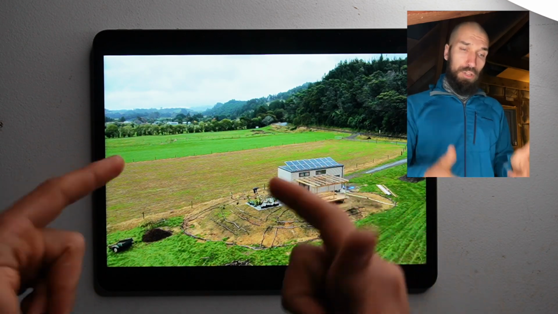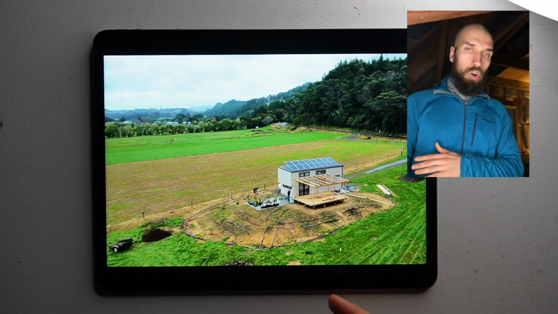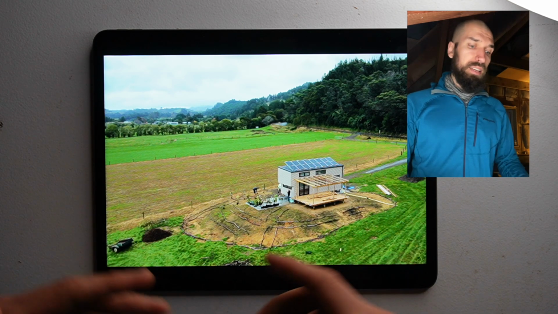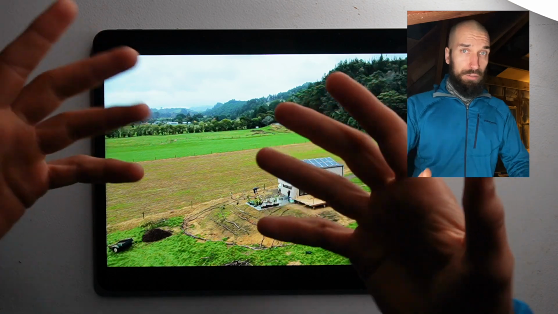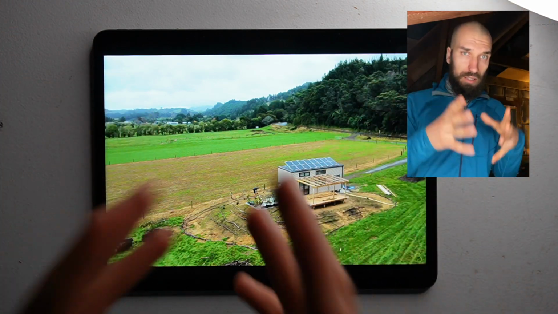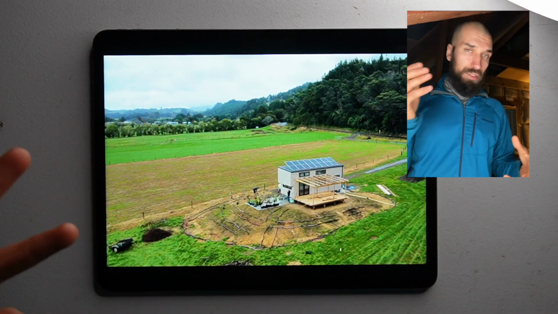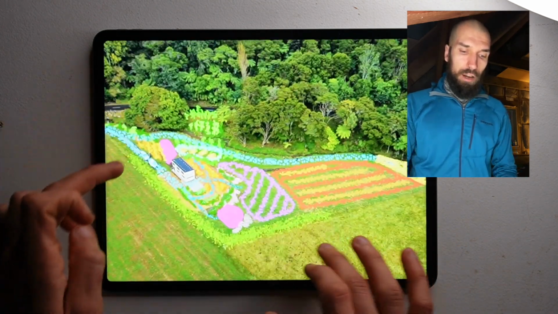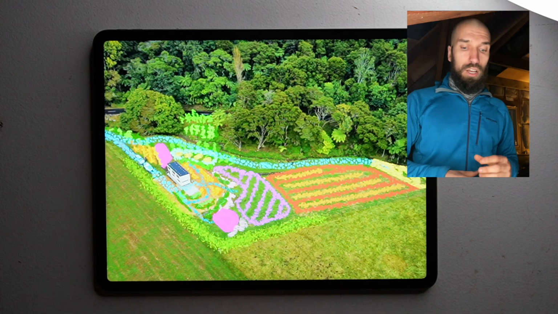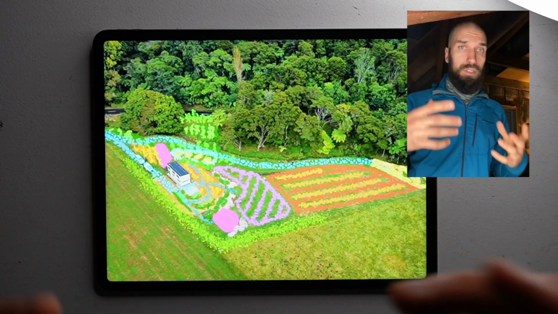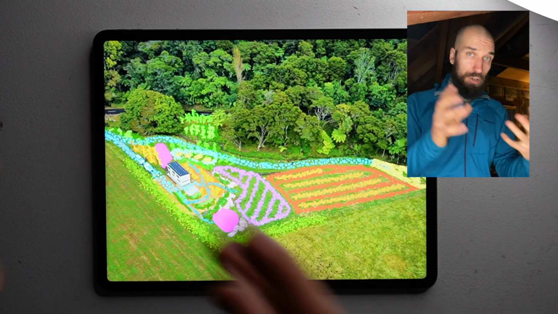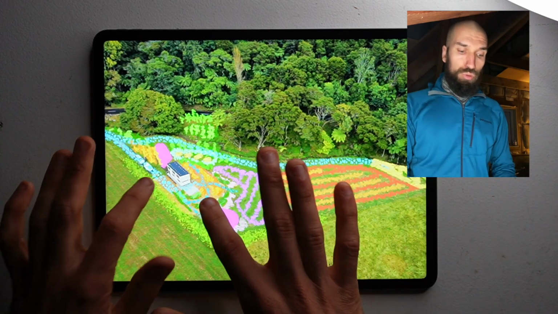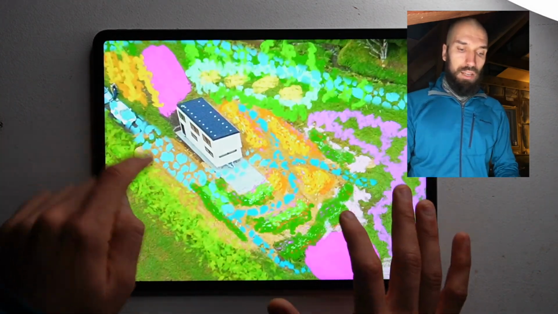So the context for this particular design is we're in the floodplains, and essentially what's been old grazing land for however many decades, they're now wanting to live there pretty much permanently. They've got their tiny house set up. If you look at this design, there's a lot of areas for future projects, whether that's large-scale agroforestry systems, animal integration, larger market gardens. But to start off with, we're really just focusing on this area right in here, just